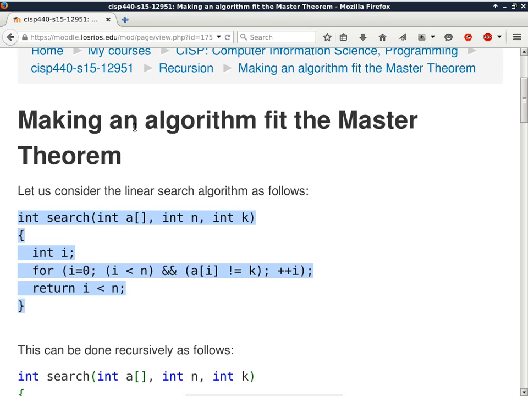Okay. Given these parameters, I would use a local variable I, initialized to 0, to start from the beginning of the entire array. I stay in the loop as long as this condition is true. In other words, I stay in the loop as long as, one, I have not reached the end of the array yet, so I is less than n, and two, I have not found the item I'm supposed to be finding. The reason to get out of the loop is, one, I have looked through the entire array and the item I'm searching for is not in the array.